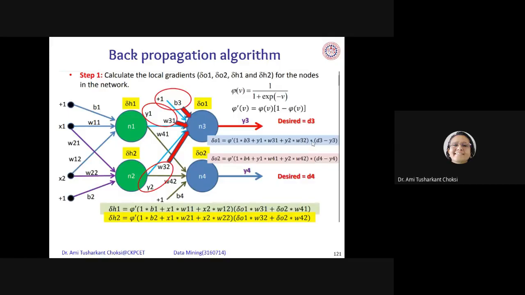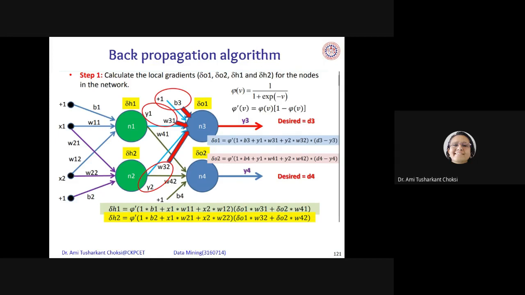Fine. Now is it only the thing? No, we are having the equation, that is where we are having the phi dash V into what? The actual output. Okay, so what do we say is D3 minus Y3, right? D3 minus Y3. That is the correction we have to apply, right? That is the correction we need to apply. Okay, so phi dash V into whatever actual correction is there, right?